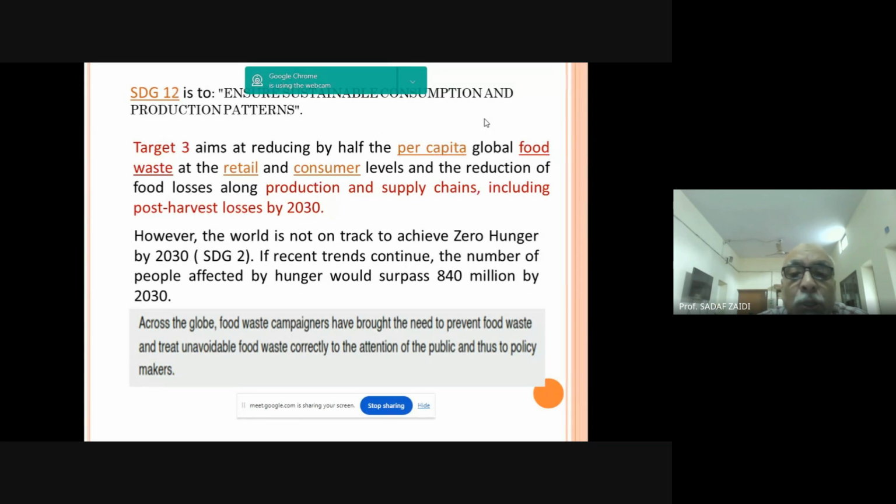Okay, and then there was this SDG number 2, that is the Sustainable Development Goal number 2, that was to achieve zero hunger by 2030. तो ये भी पूरा नहीं होगा क्योंकि the number of people affected by hunger would surpass 840 million by 2030. So these two goals, they are there as the